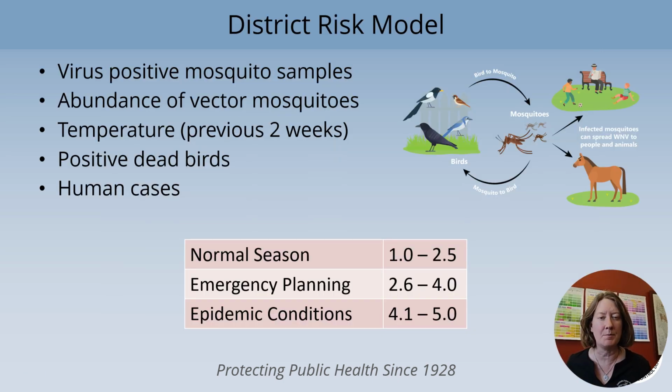The district can impact the number of virus-positive mosquito samples and the abundance of the mosquitoes by focusing our treatments in these areas. If you hear that we detected virus in mosquito samples or are conducting adult mosquito control operations through the news, social media, or from neighborhood signs, that is a sign that we are responding to high values for these 2 factors and are actively working to reduce the virus risk level.